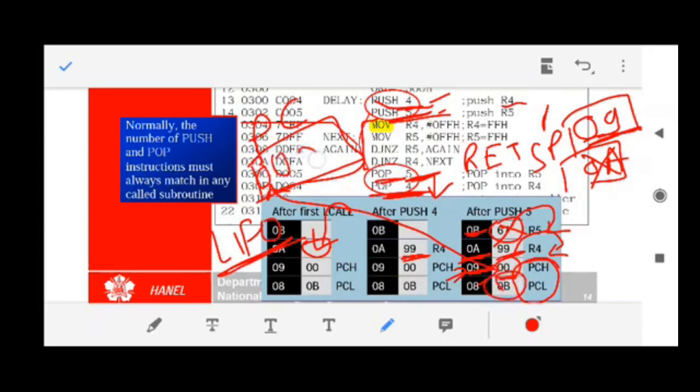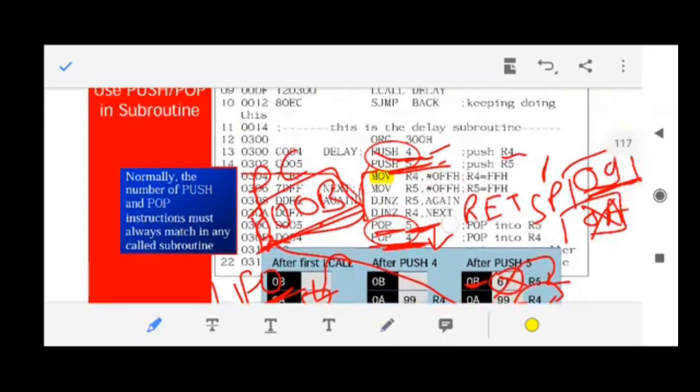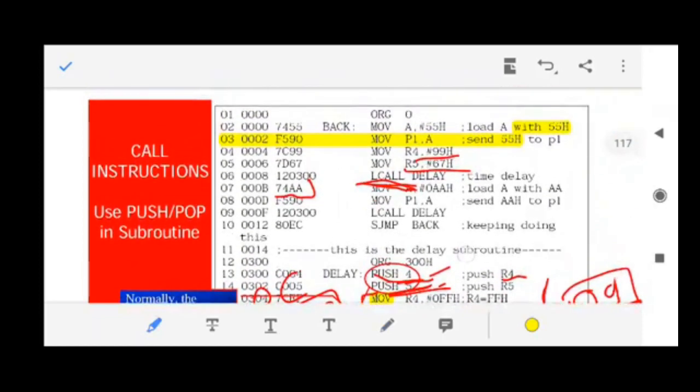Fine. So the program counter is 16-bit. The first 8 bits, 00, will go to the higher 8 bits. Then the next 8 bits will go into the lower 8 bits of the program counter. So now the program counter will know that it has to restart its execution at 00b. And what is 00b? Exactly the next location of the long call.